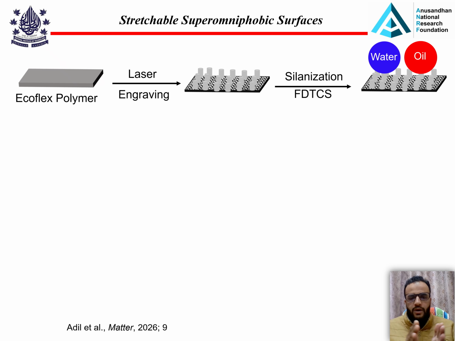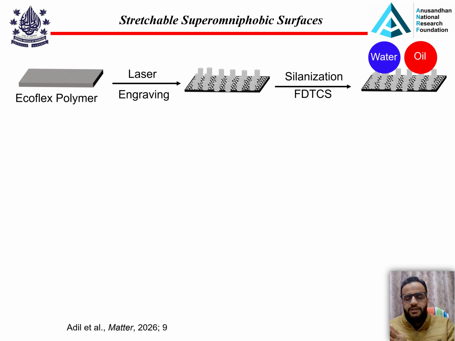And in addition to that, we have also designed stretchable super omniphobic surfaces, and in this case we have used a different method, which is laser engraving. In this method, we have taken a silicone polymer, EcoFlex, which is stretchable in nature, and then we designed a texture on it using a carbon dioxide laser. And after the carbon dioxide laser, we have exposed it to the